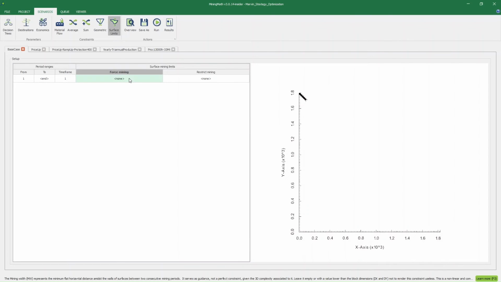And finally, here we have the surface limit part, where it is possible to add 4 surfaces, where the program must reach at least the entire area within the surface. And the restrict part, where the program cannot exceed this surface, as explained within our knowledge base, with examples and